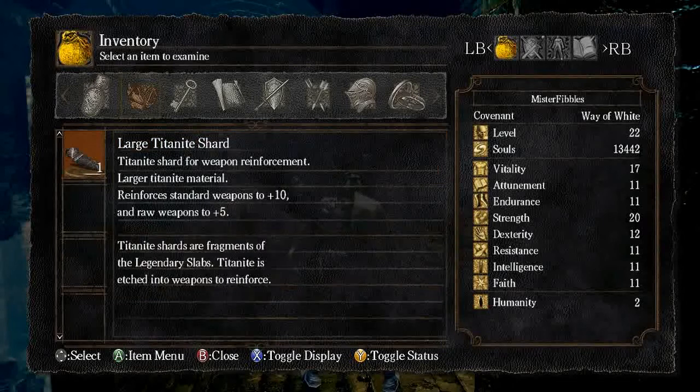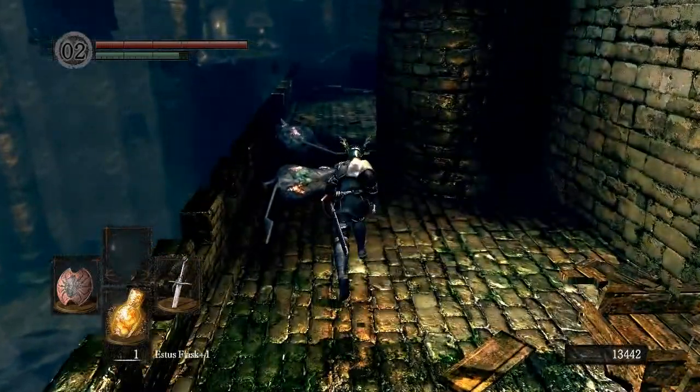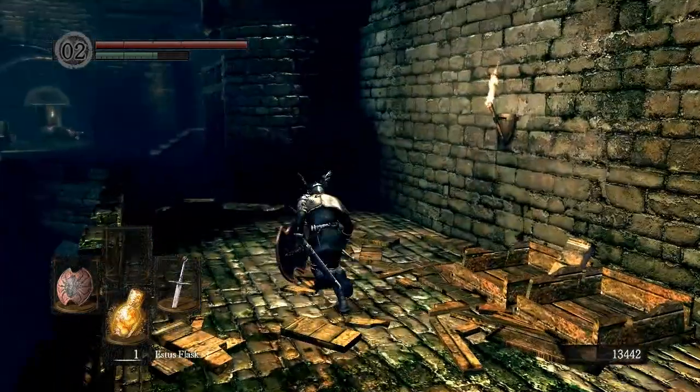So this in particular reinforces weapons up to +10 and war weapons up to +5. So actually the next tier of shards. It says, like the other things, Titanite shards are fragments of legendary slabs. Titanite is etched into weapons to reinforce them. But these ones are even bigger. It has so much Titanite on this and so enchanted that it makes things even stronger than they've ever been